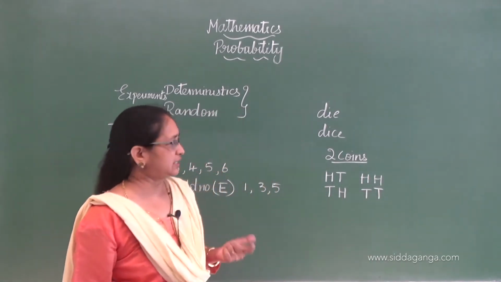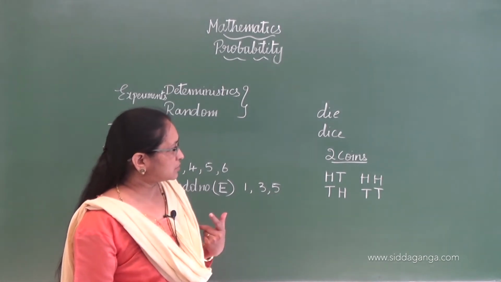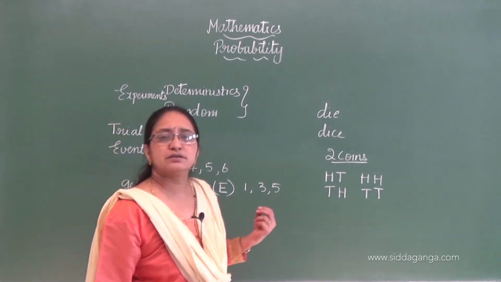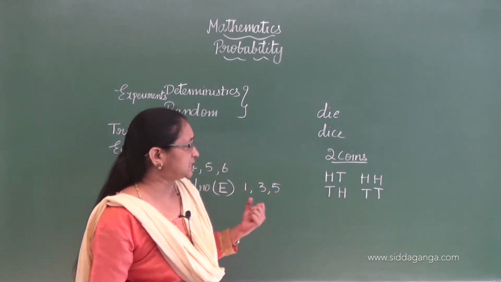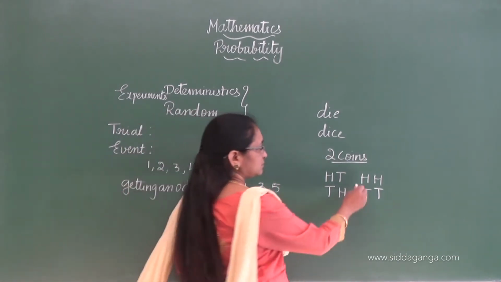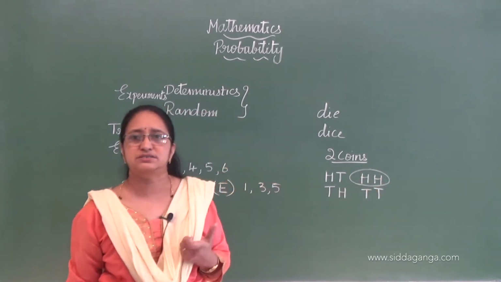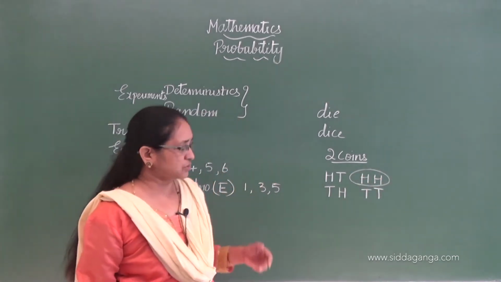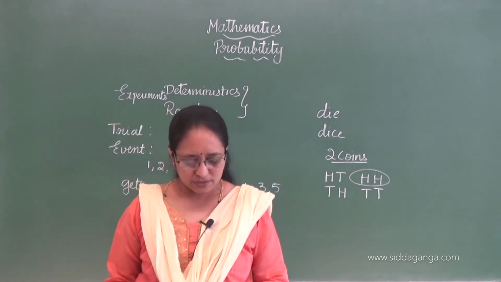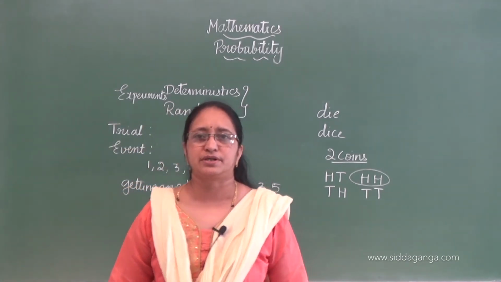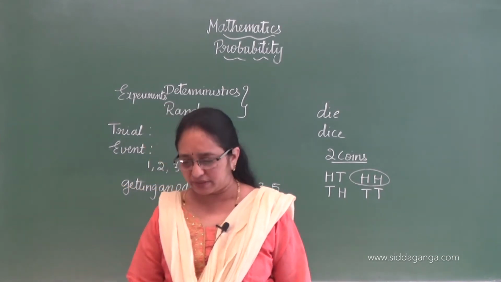So if I say the event is getting two heads, that is called an event, means here, getting two heads. Okay, so that is called an event. So the next term,